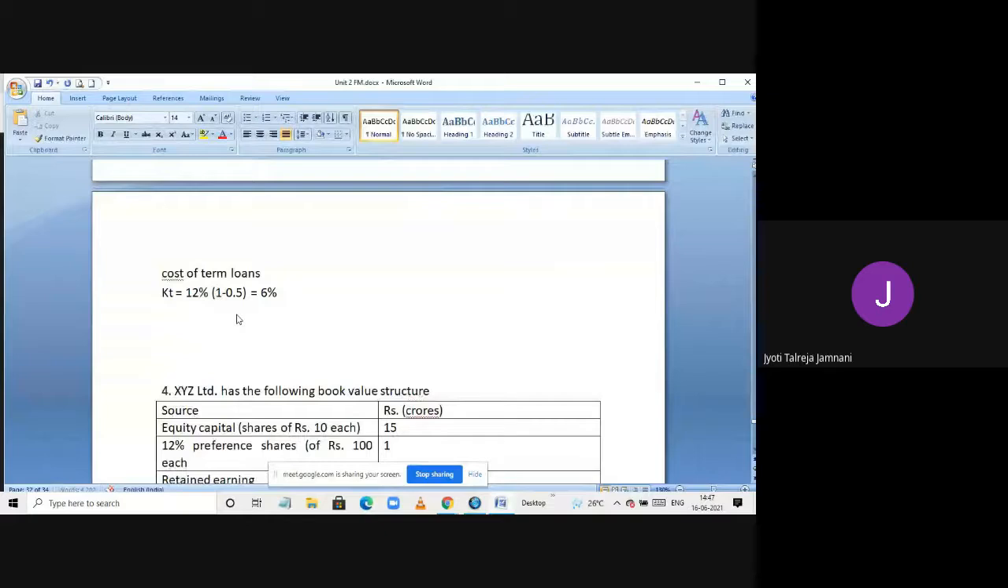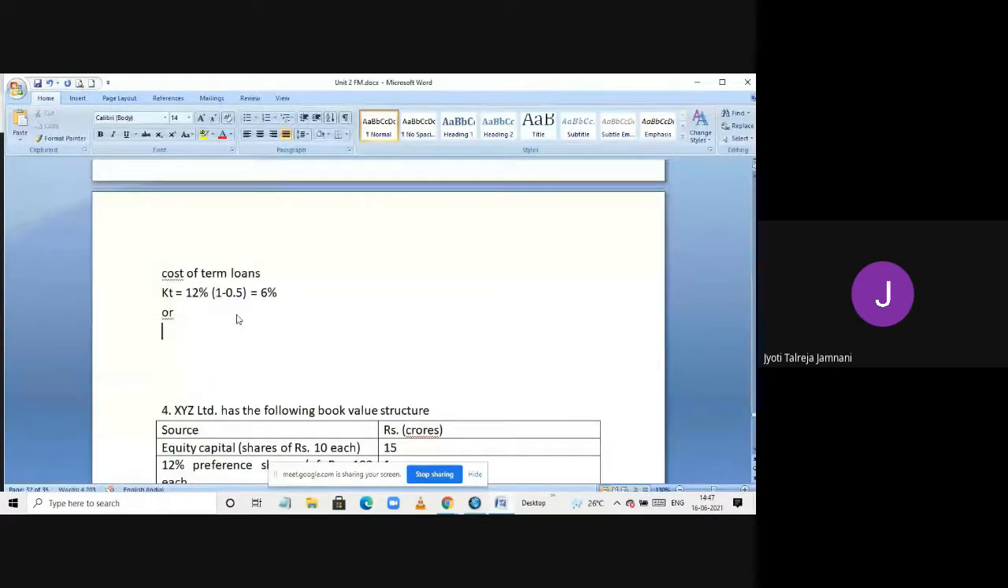This was the very simple way. If you want to use the formula, I told you for term loans you will use the cost of debt formula. Now here time to maturity we don't know, so we have to solve it using the irredeemable formula. So the irredeemable formula for cost of debt was I divided by NP, into 1 minus tax rate